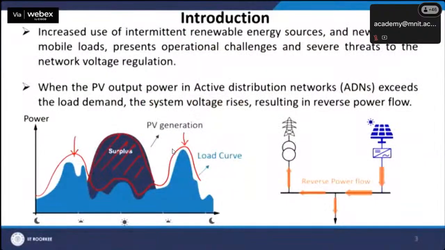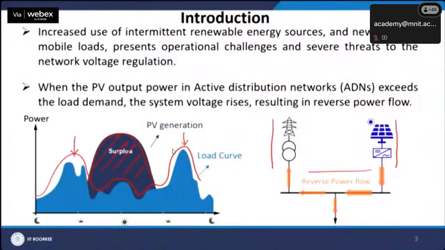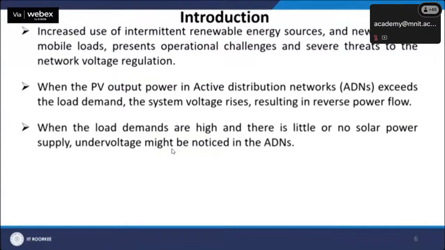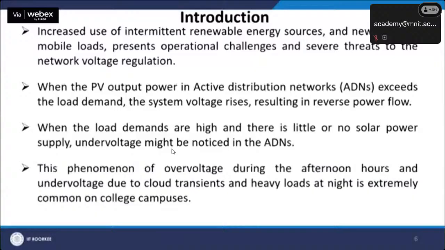Now, consider this is my main grid and these are the PV connected to the system. Because of the variation in load and generation, you may experience a reverse power flow from the load side to the source side. Similarly, when the load demand is high and there is little or no solar power supply, undervoltage might be noticed. These phenomena are quite common on academic campuses of this country, where rooftop solar has become a